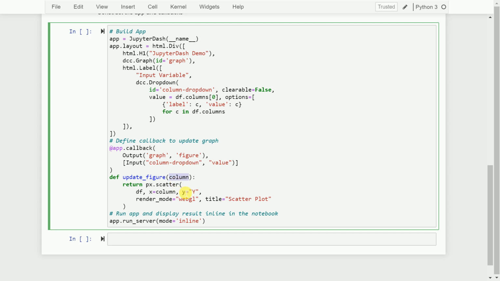The y-axis values will come from the df itself, that is df.y, which is our target variable. And I also provide a title to my scatter plot, which is Scatter Plot. So this part of the code updates my web application. This part of the code is basically for the input output definition. And this part of the code is to create a layout in my web application.